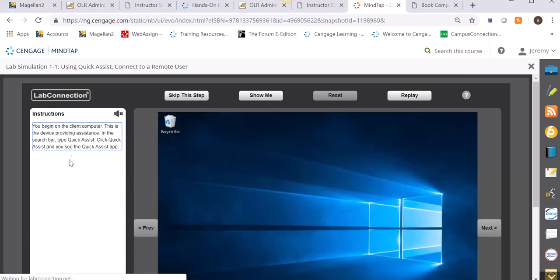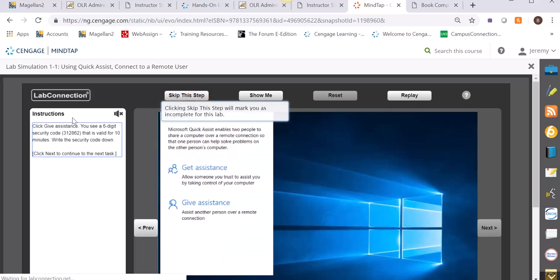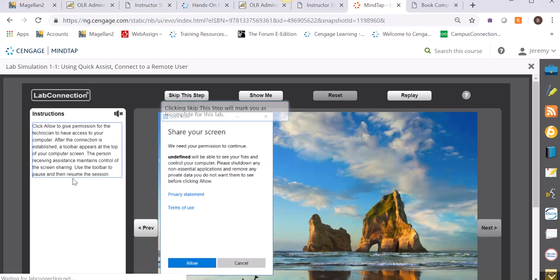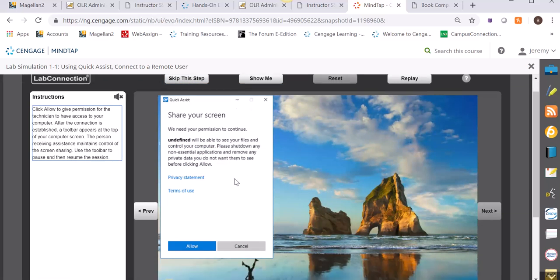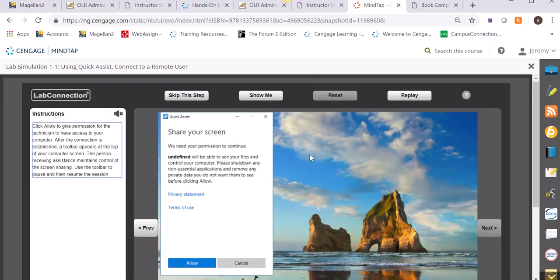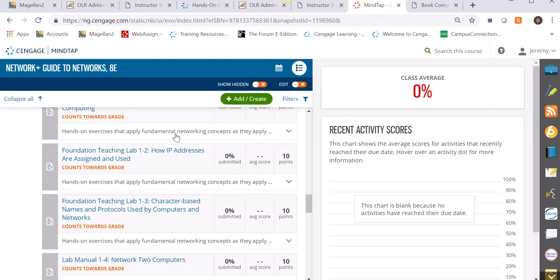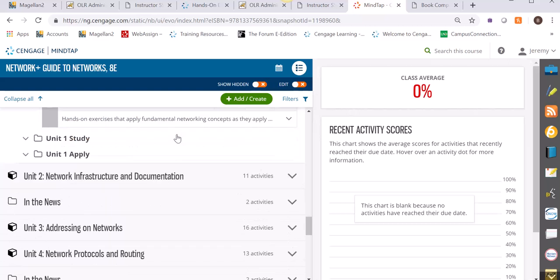So we click on start, and there's your lab. It asks you to do something, and you can skip a step, and you can see what the next thing is, and students can do a show me, and it'll show them exactly what they should be doing in the lab. So you can see that they're very clear, easy for students to access and to study in a controlled environment, more so than maybe the live virtual labs. So there are a lot of activities, most of them gradable, throughout